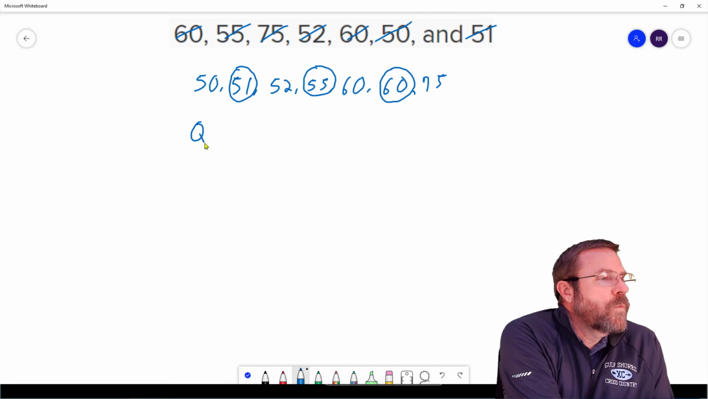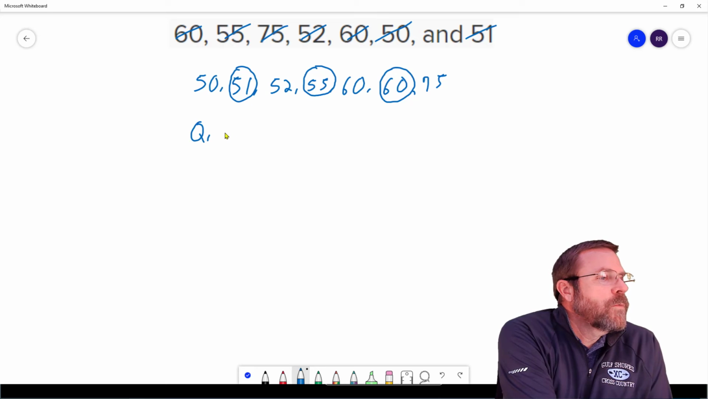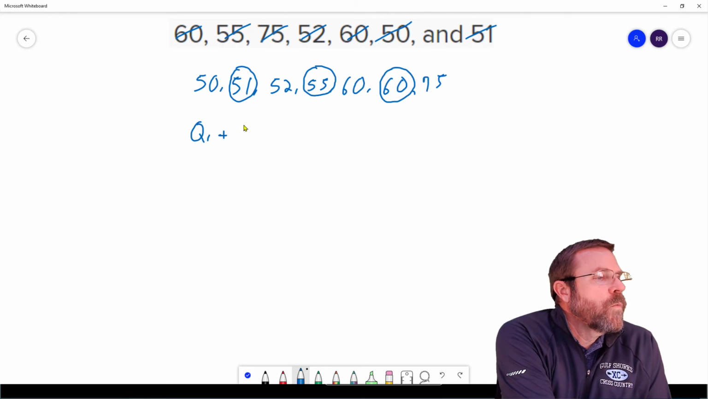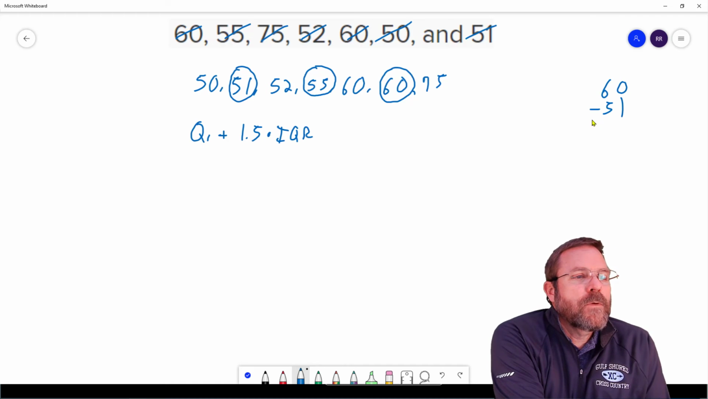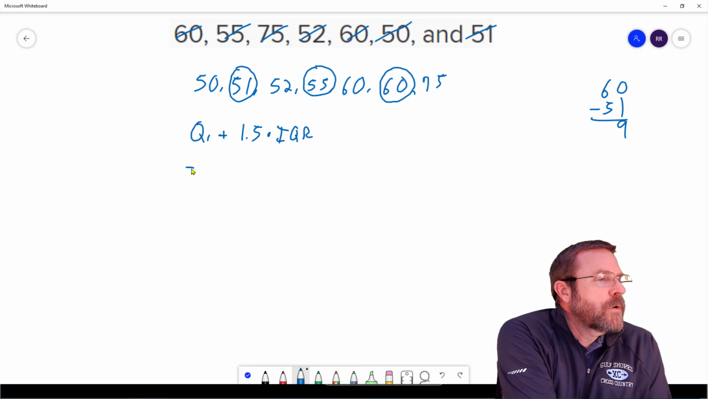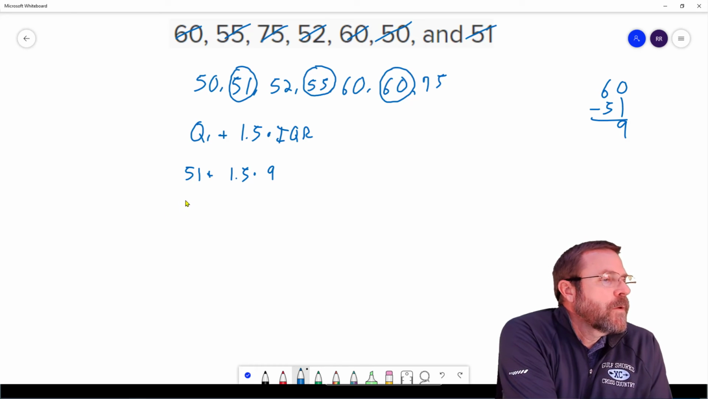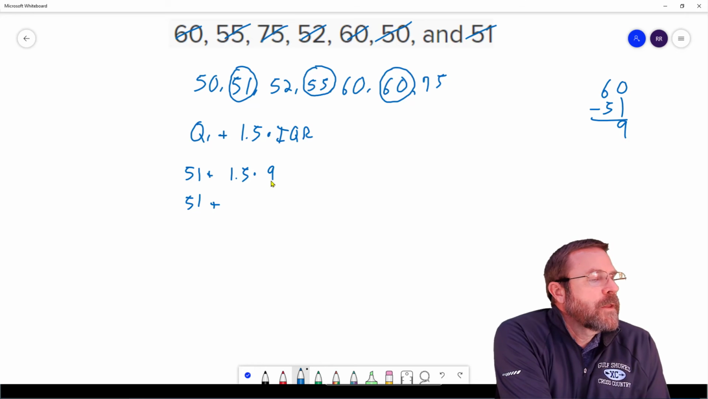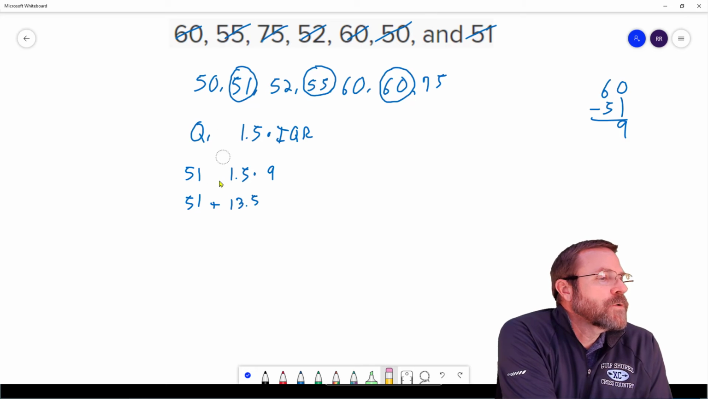So, to find out whether or not we have a lower outlier, we're going to take our Q1 plus 1.5 times our interquartile range. Our interquartile range is, of course, going to be 60 minus 51, which is equal to 9. So my Q1 is going to be 51 plus 1.5 times 9, which is 13.5. Actually, that shouldn't be plus, that should be minus for the Q1. So let me change all those plus signs to minuses, because we're looking for numbers less than that,